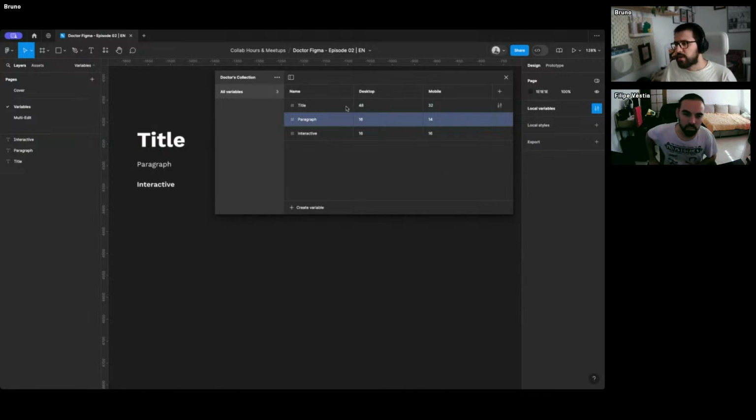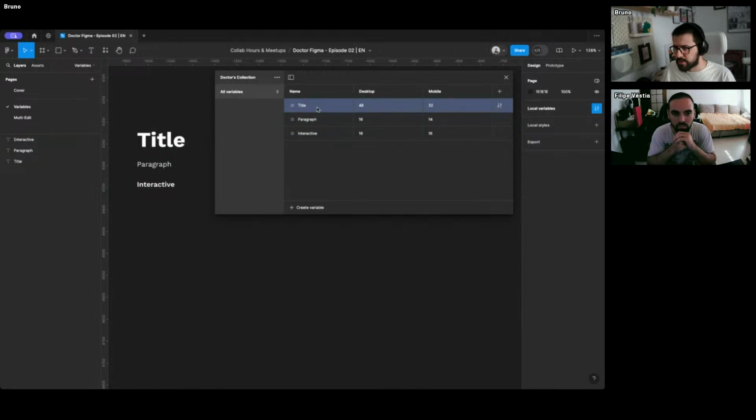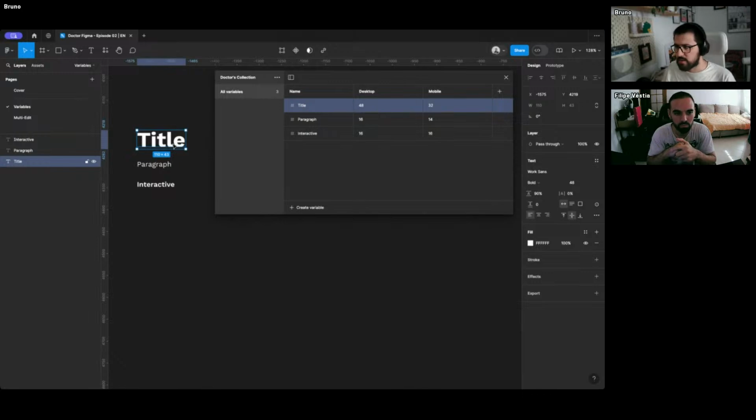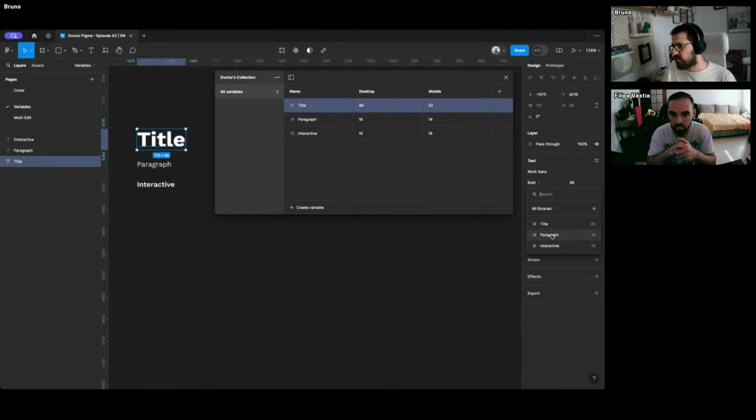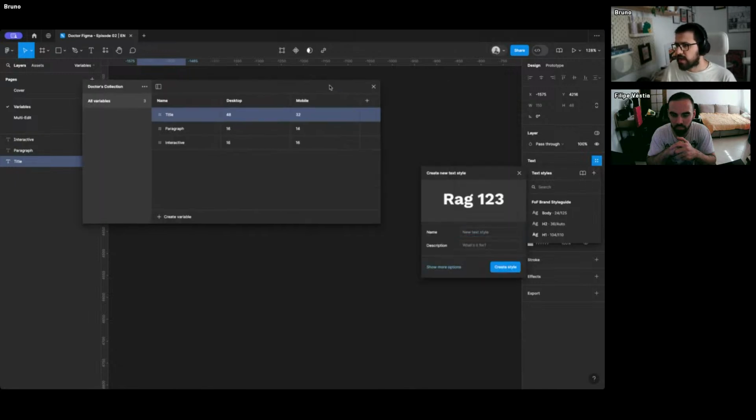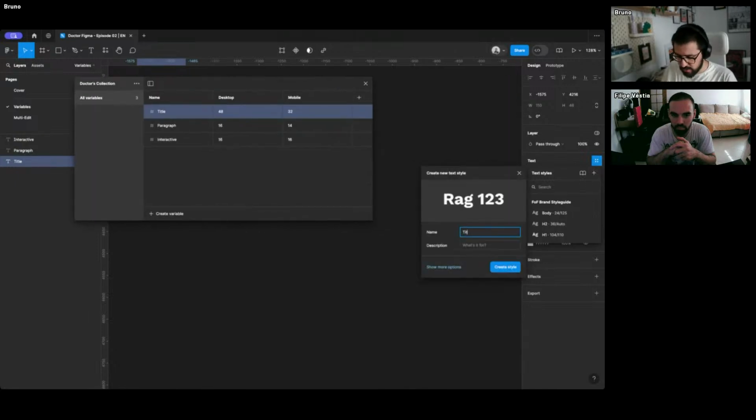those informations there. Now, when we do something like this, it means that we're generating variables with these numbers that we'll be able to use when we generate the style. So if we create a style for title and we want to play around with those measurements here, I'm just going to do a quick thing. When you click on the font size, you're going to see that you have this little icon here that says apply variable. So we can just click on apply variable and choose title. So that way, if we want to create a style, we can then click here and save that style as, in this case, title,